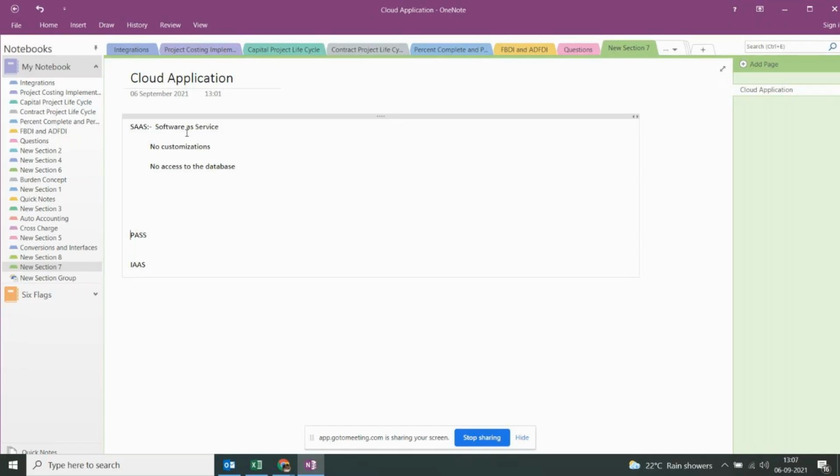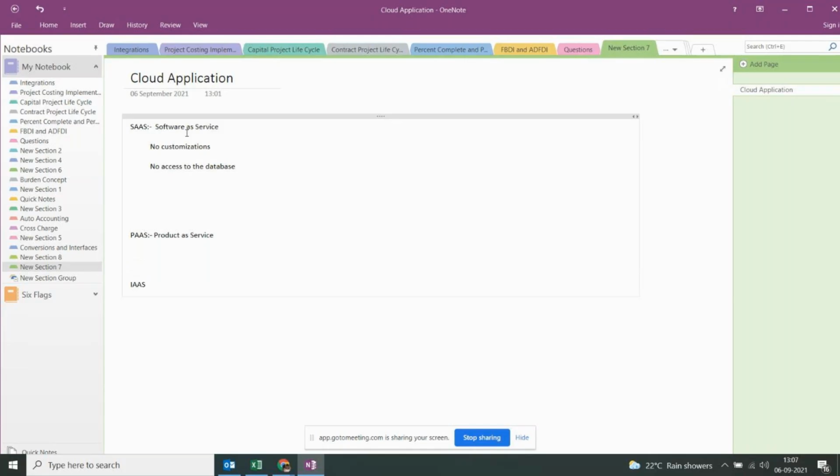And again, we'll go to the PaaS environment. What is PaaS? Again, this is platform as a service.